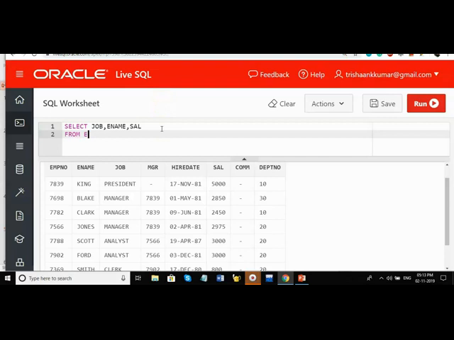So FROM EMP WHERE clause: what is our requirement? Job should be manager and salary must be greater than 2500. He doesn't mention 2500 or more, so even if it is exactly 2500, it is not going to be displayed. So salary greater than 2500.